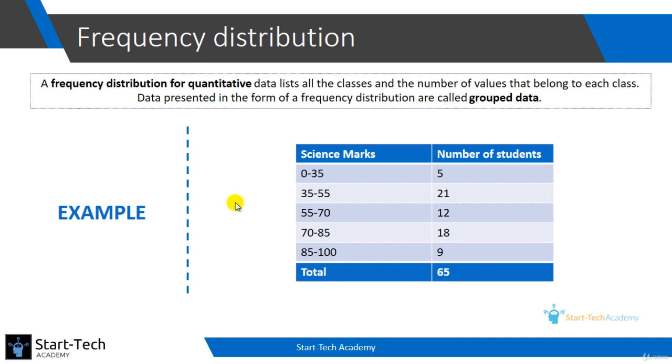So when we have continuous data, we try to create small ranges, and within each range we assign the frequency of number of instances belonging to that category. So for example, instead of creating 0, 1, 2, 3 as categories, we have created 0 to 35 as one category, 35 to 55 as another, 55 to 70 as another, and so on. And within each range I have found out how many students belong to that range and I have assigned that number here. So this table is frequency distribution for continuous data.